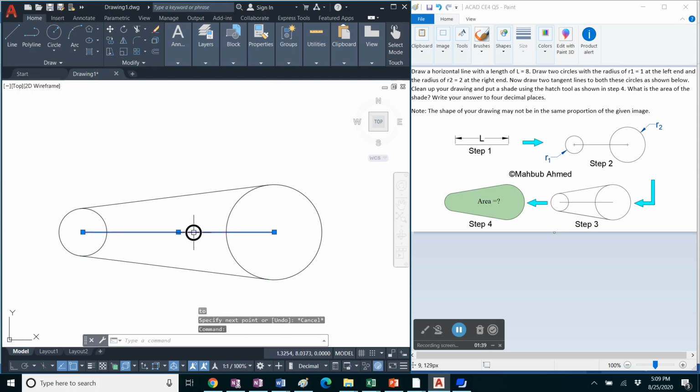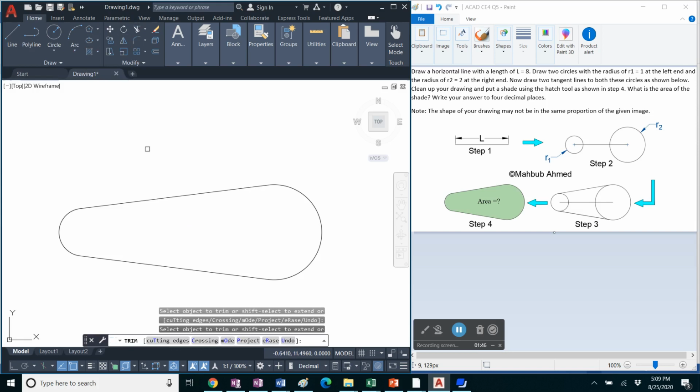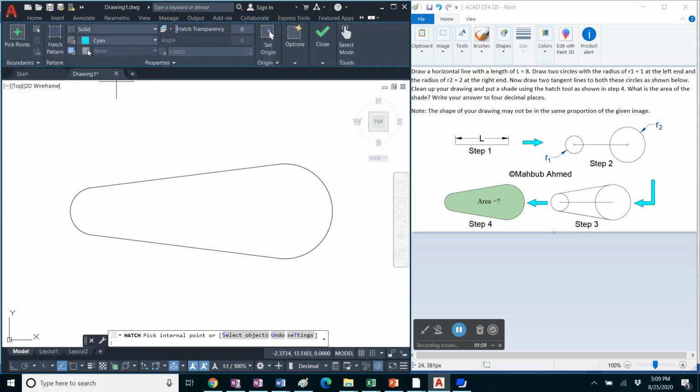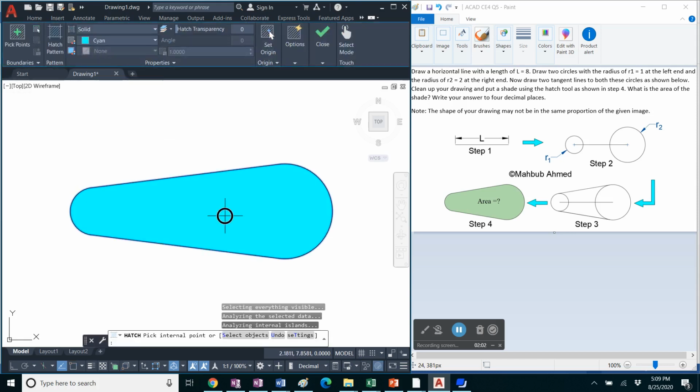Now let's select this line, press delete to erase it, and then click the trim tool and trim here and here. Right click, cancel. Now we're gonna put the shade as shown in the diagram in our drawing. So click on hatch and click inside, and if you want to change the color or setting like the pattern, then you can click on the setting